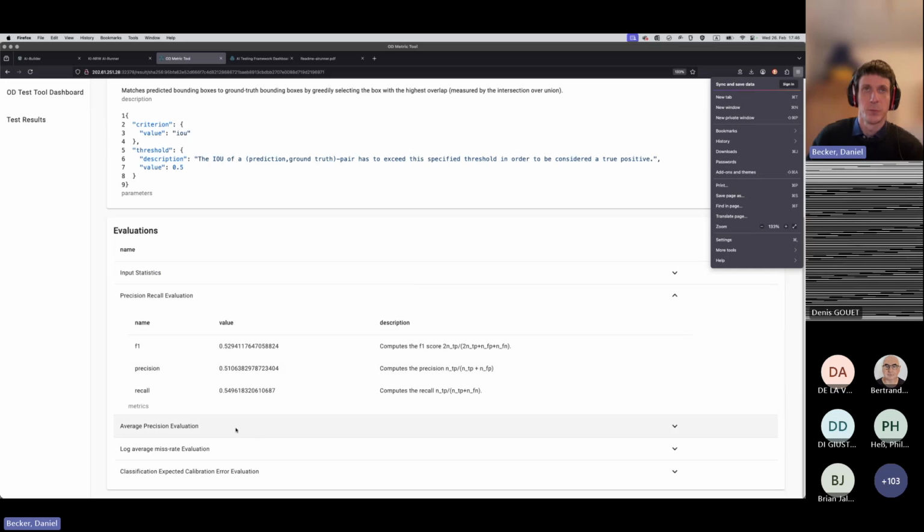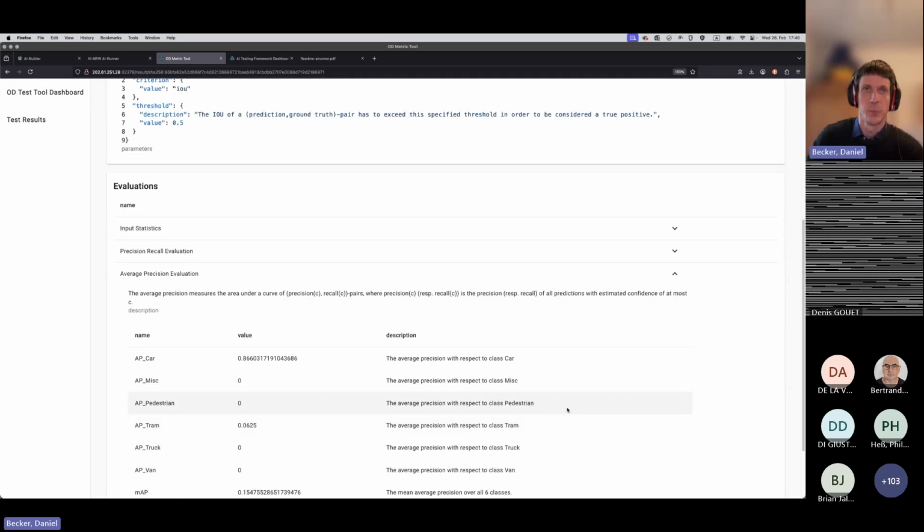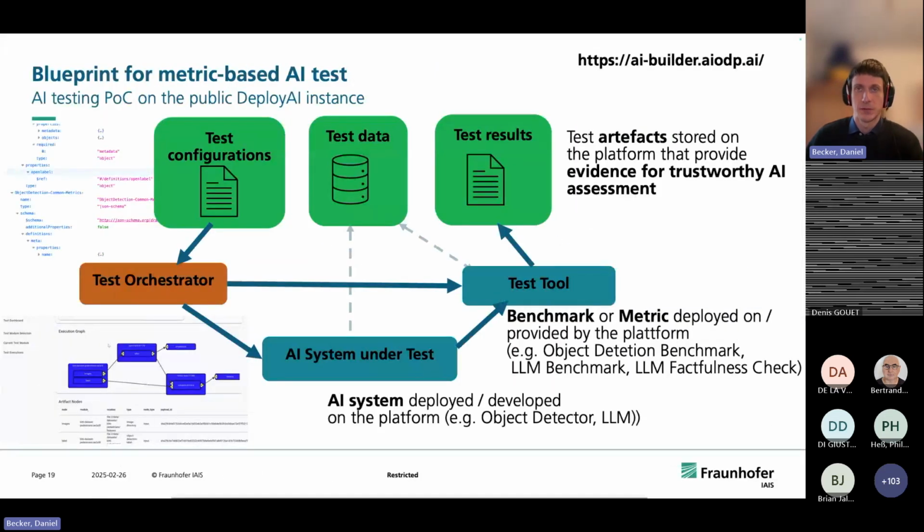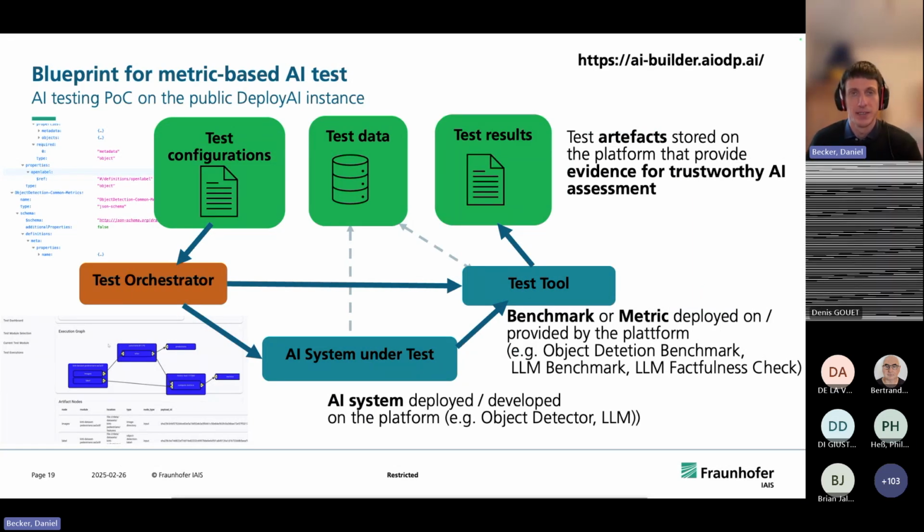But you can see then how these results are generated, and look at all these metrics that are configured in this workflow. And this is basically what I wanted to show you as a live demonstration of what we have implemented already towards the idea of this Parma platform, which allows us to make steps in the direction of automated AI assessments.